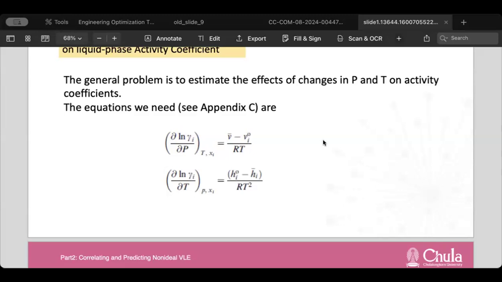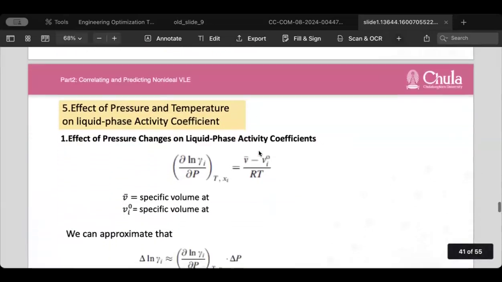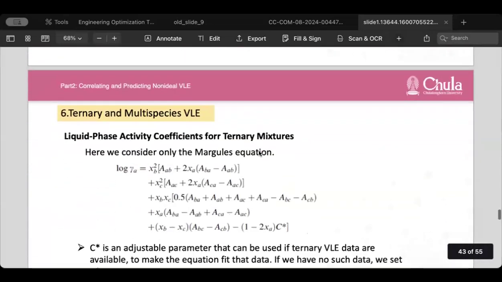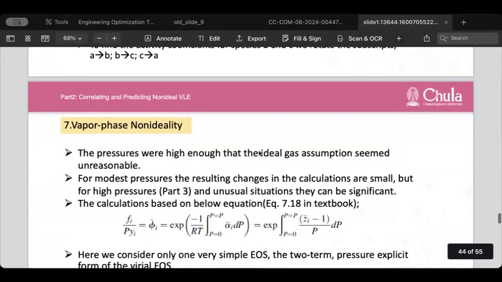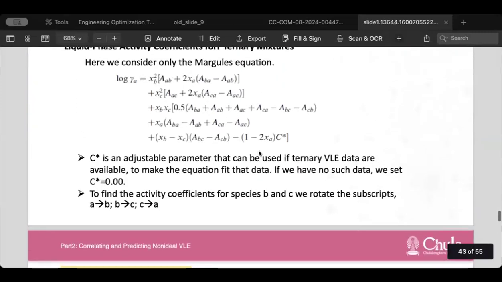And for ideal solution, what happened to ideal solution? You don't have effect of temperature on gamma, okay? No matter temperature change, it doesn't change with gamma, right? We can also